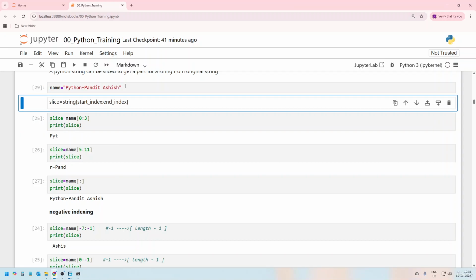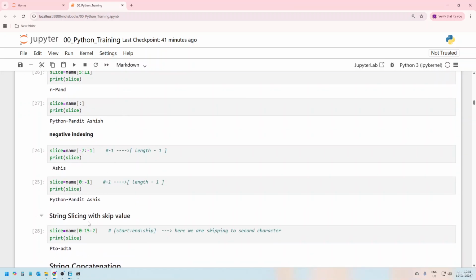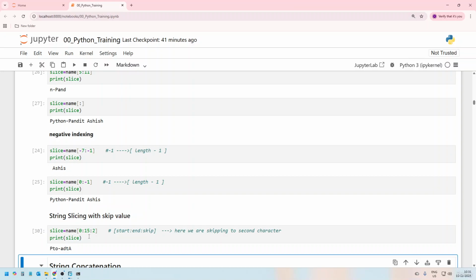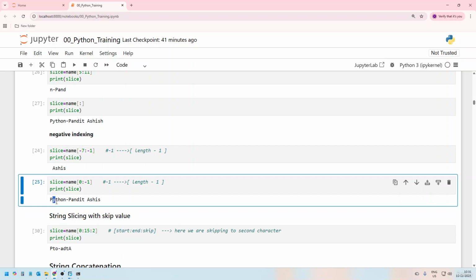and let me run this again. As you can see, from 0 to 15 everything will be counted and every second later it will be skipped. Okay, so start from 0 and at 15. So as you can see, P Y is skipped, then after T is displayed, H is skipped, O is displayed,